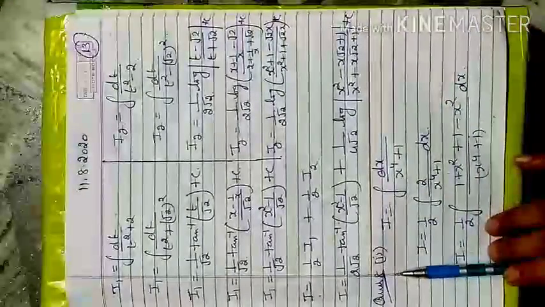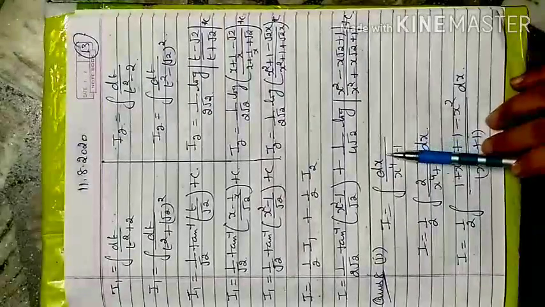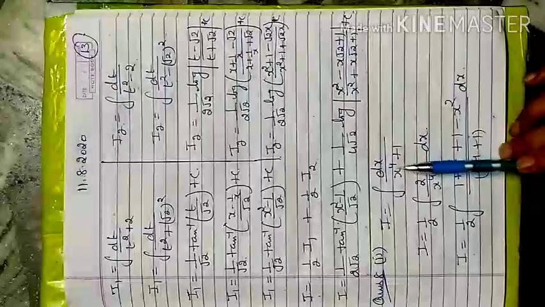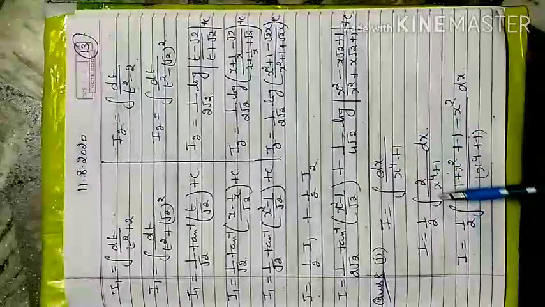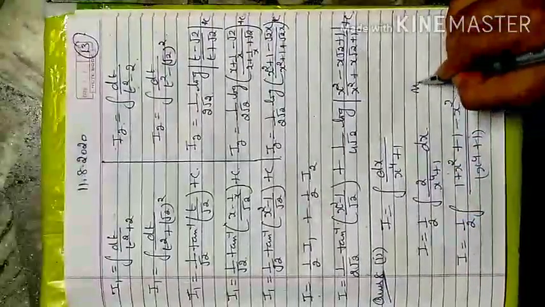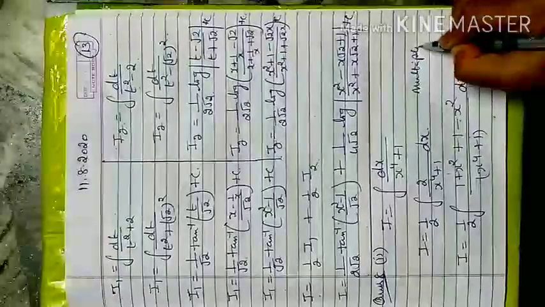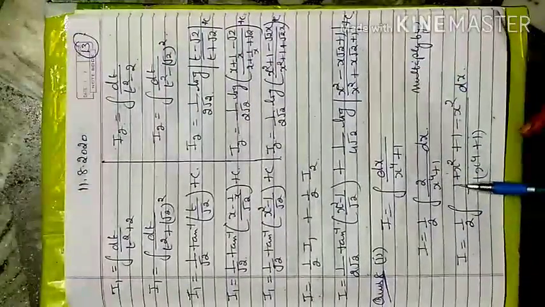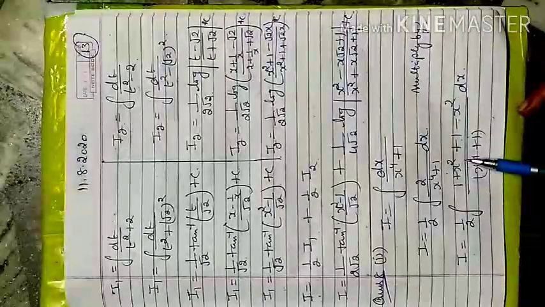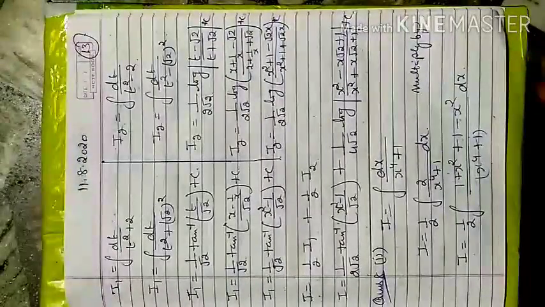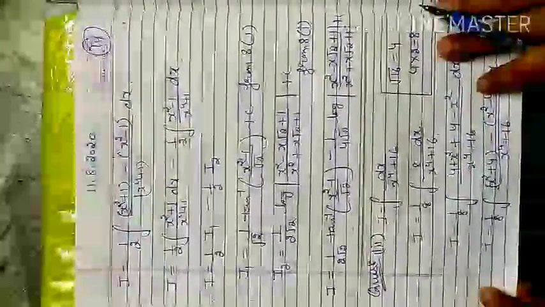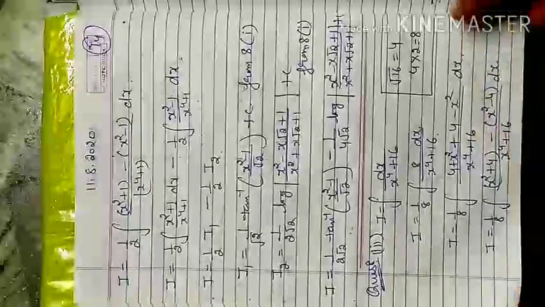Now 8th question, second part. But if nothing is written in the numerator, only x raised to power 4, the power should be noted. If only x raised to power 4 is there, in that case I multiply by 2. So here if I multiply by 2, separate the 2 into 1 form, and 1 x square is added and x square is subtracted. So next I will write in this form, x square should be in the front position and the constant term should be in the second position.